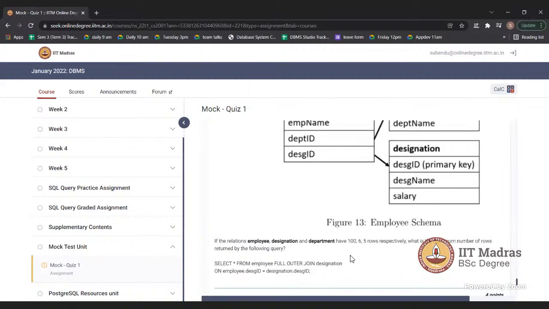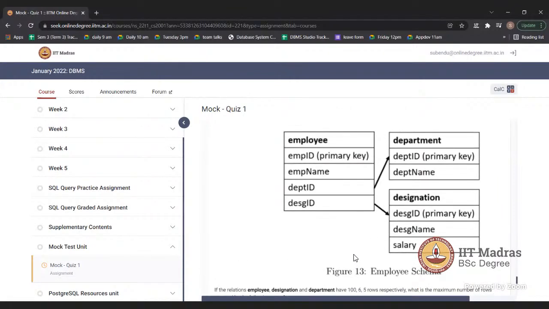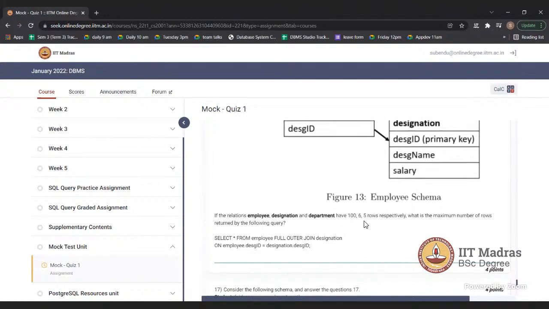Suppose, in employee and designation, the employee table's designation ID refers to the designation table.